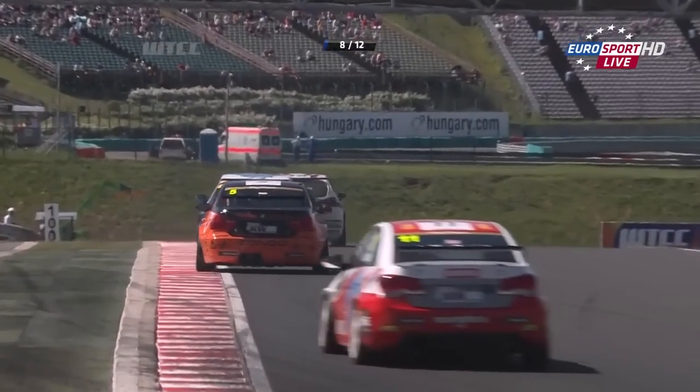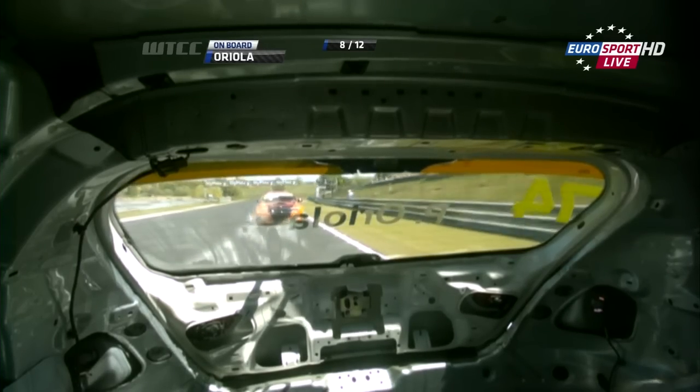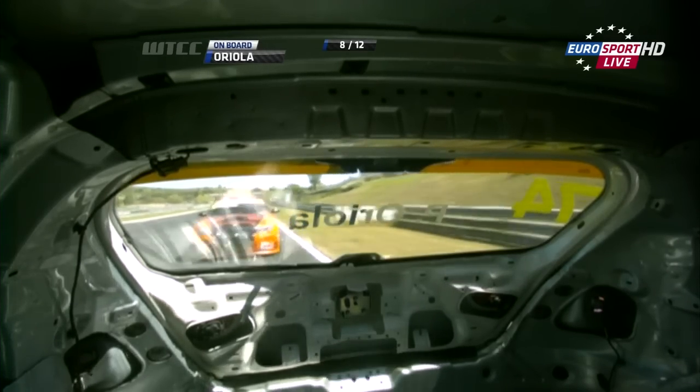And again, all eyes, and rightly so, because this is the battle of the race at the moment. Oriola, and of course, this has extra